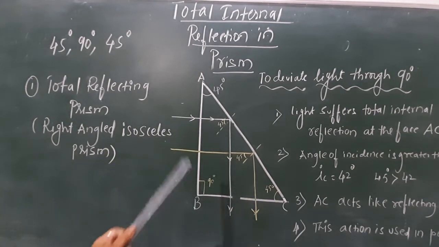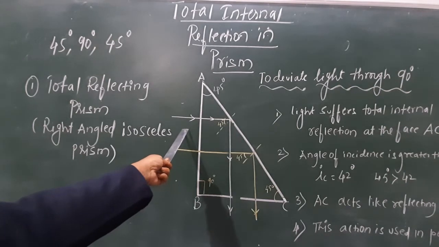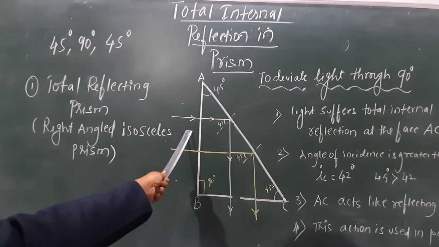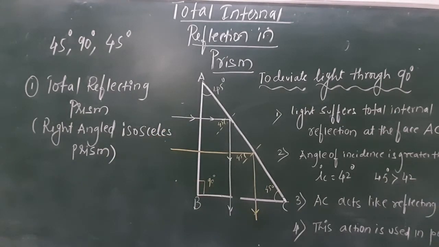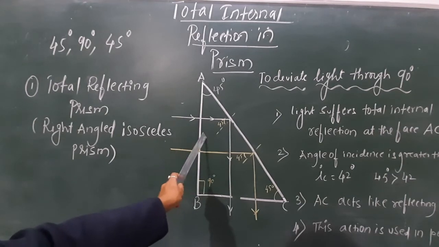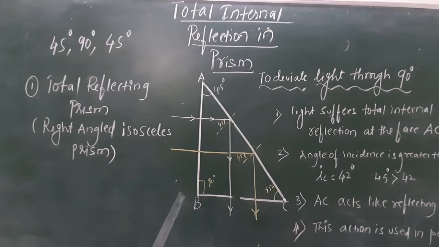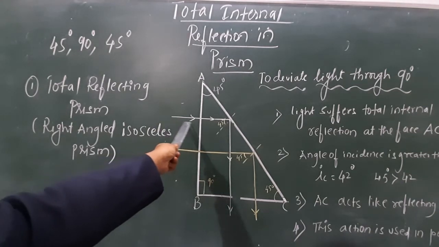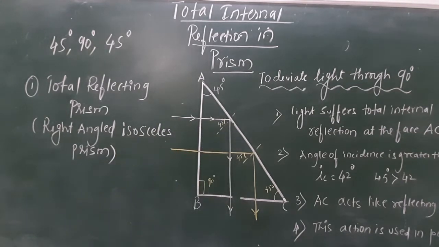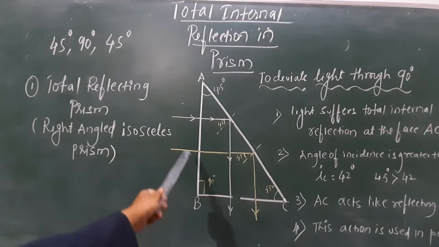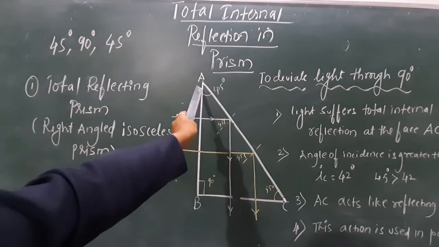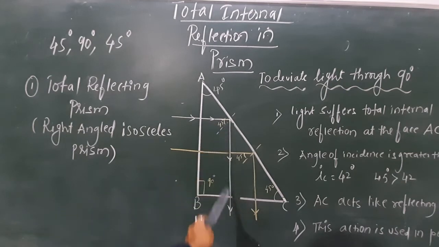so that there will not be any deviations. Now you can see clearly in the diagram, this is a prism with 90 degrees and two angles of 45 degrees. It is positioned in such a way that the 90 degrees faces the incident surface. AB will act like the incident surface, and the ray of light will enter directly into the prism, passing through without any deviation, right? Once it enters, on the surface AC, it reflects and comes down.